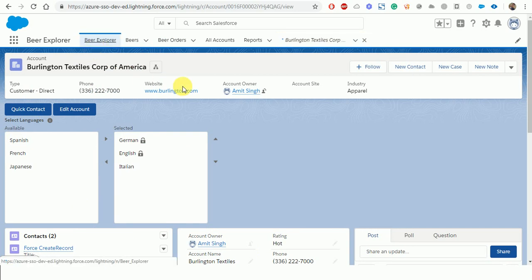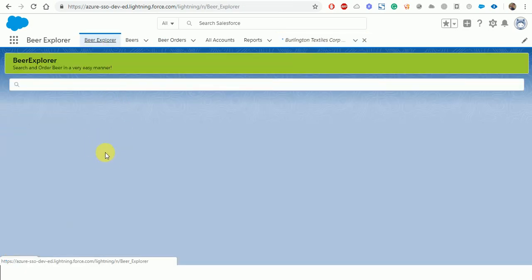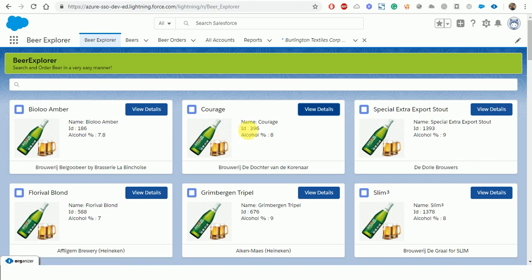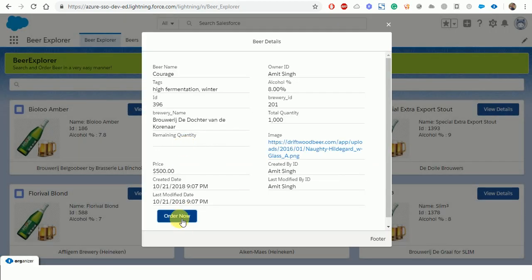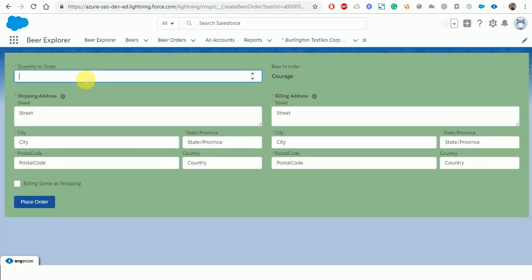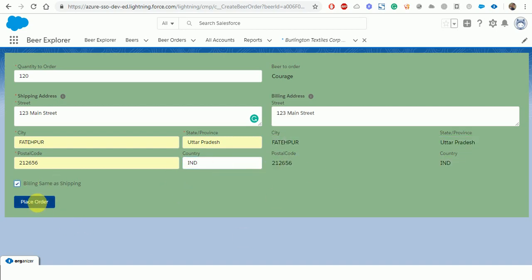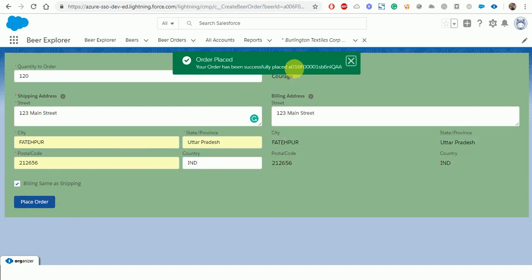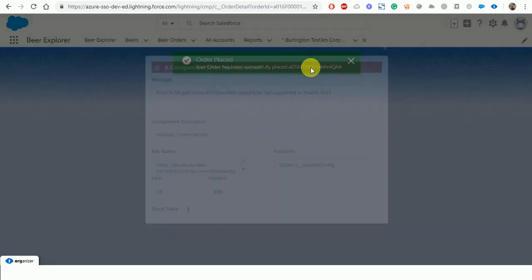Now go back to beer explorer, open any beer, order now. Let's say that 120 123 Main Street City, whatever you wanted to give, you can just give same as this. Now if you click on, you can see we are able to get the ID, and